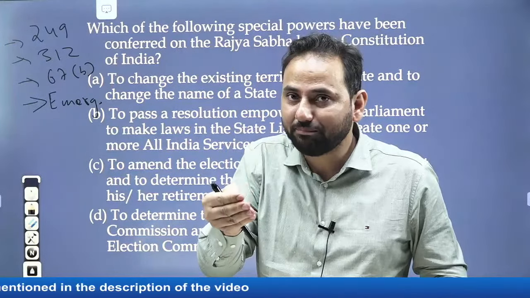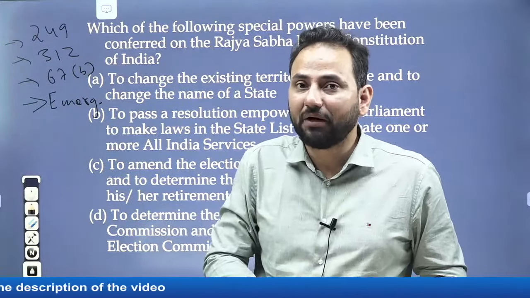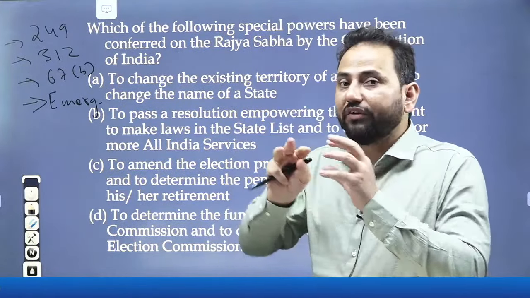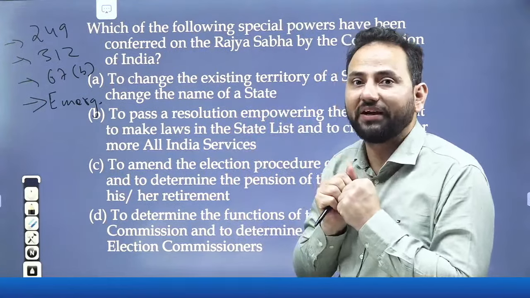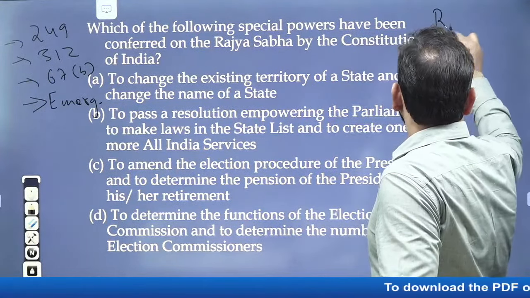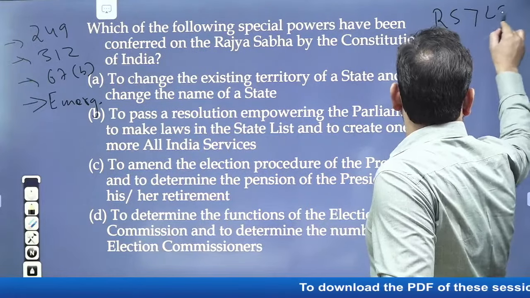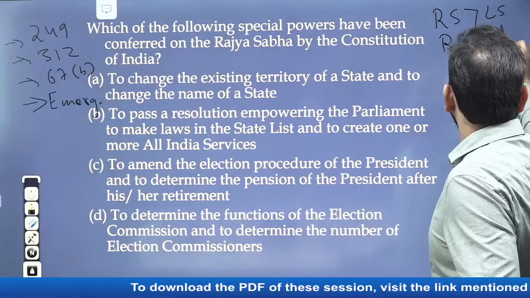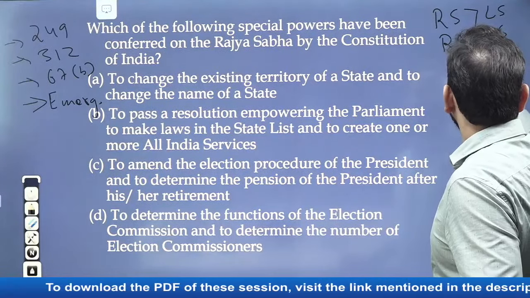In the same manner, we have some powers of Lok Sabha also, which are special powers, and there are certain powers where both Lok Sabha and Rajya Sabha are equal. So, when you talk about the comparison of powers of Lok Sabha and Rajya Sabha, there can be 3 instances. The first instance is Rajya Sabha is more powerful than Lok Sabha. The second instance is Rajya Sabha is equal to Lok Sabha, and the third instance is Rajya Sabha is less